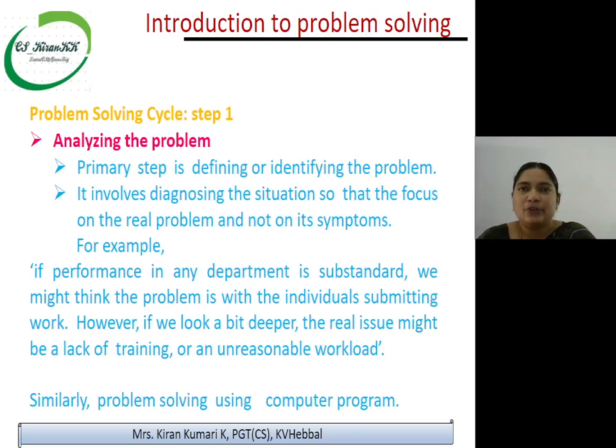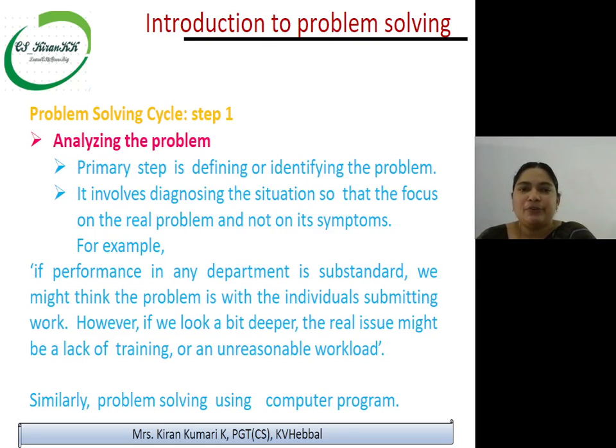See, for example, if you are having any health issue, then you will go to doctor for a solution, for treatment, right? So if only the treatment is given for the symptoms, not to the exact root cause, what will happen again and again? That person may get sick, right? May become sick.